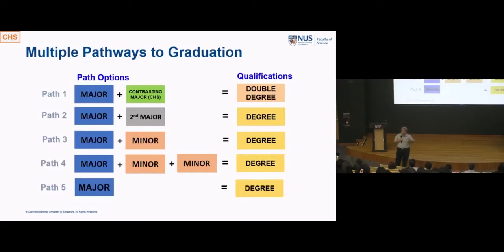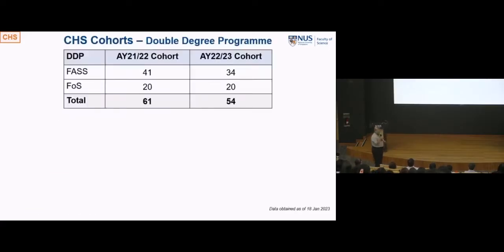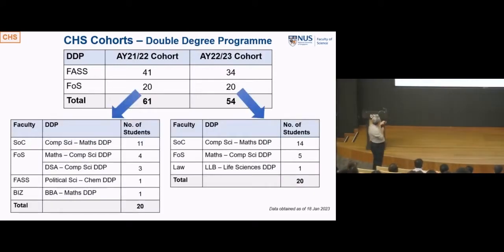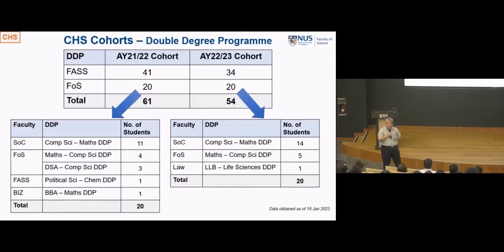Let me just now show you, I'm sure you have heard this before as well, but let me show you how many of your seniors are actually doing this. So this is not something we just do and then after that nobody does it. Double degree, right from the onset. The first year of people and the second year of people, these two, when they first admitted, immediately we have already about 60 over people who declare they want to do a double because these are upfront, they get admitted, all right? What are they doing? These are the combinations that they are doing. You see, quite a varied combination, right?